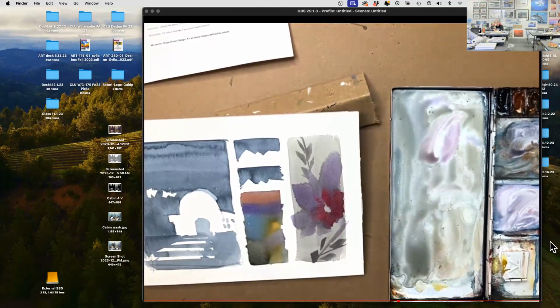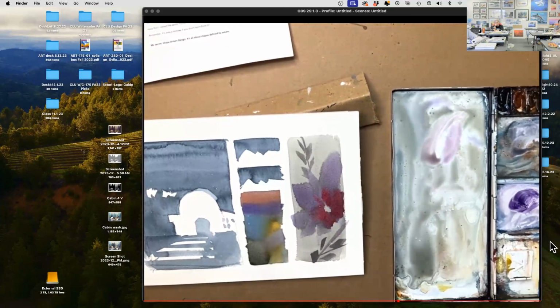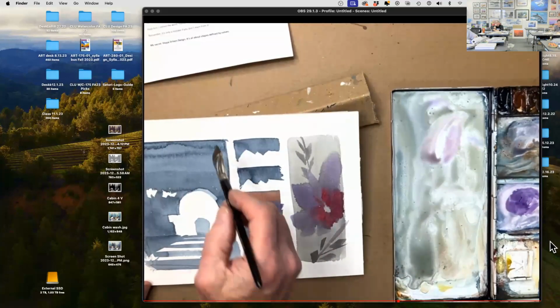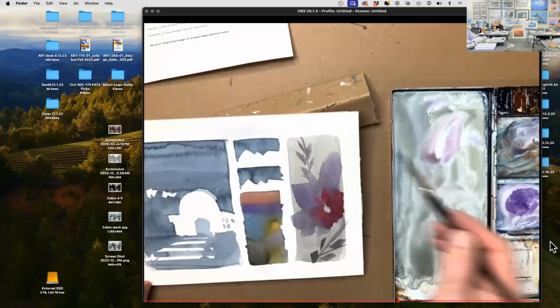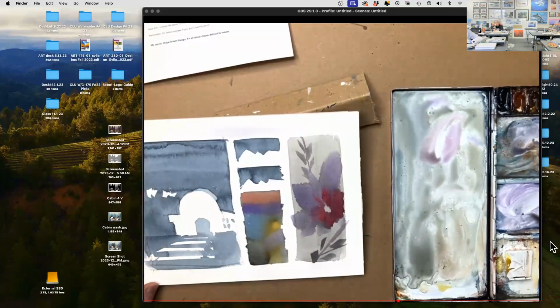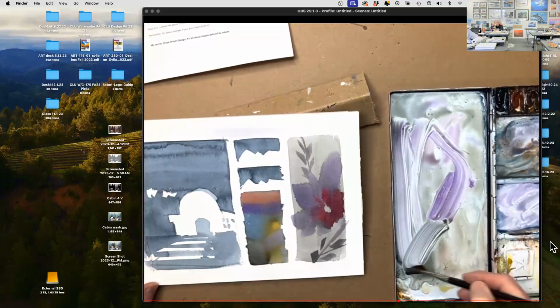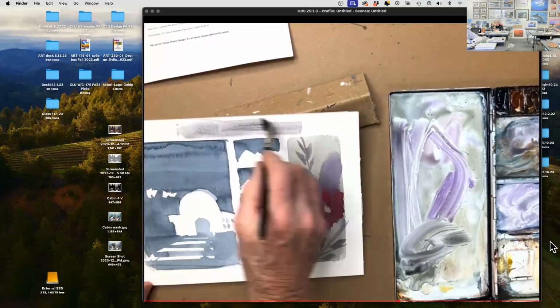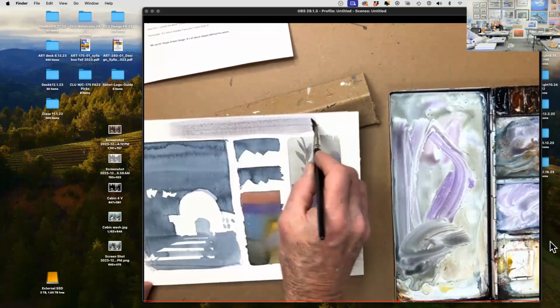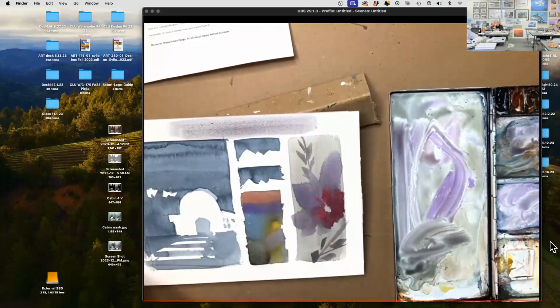Really like the wet on wet. It's wet on damp. It's not wet on wet. Wet on wet is this. Wet on wet is I'll wet the bathing suit. I'll just do a little thing about wet on wet here. You can see that. So I'm going to put down this color. I'll put down that same color. Okay, so that's wet paint. I had to let it dry a little bit to put down